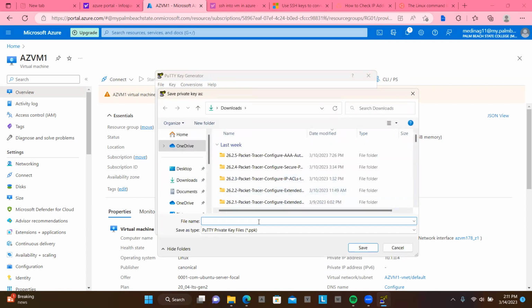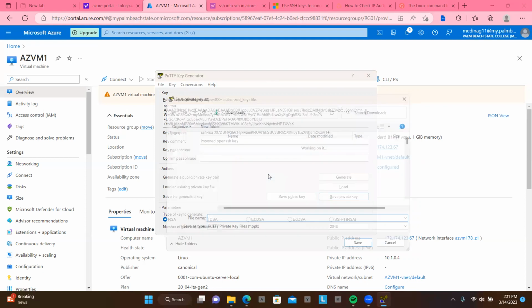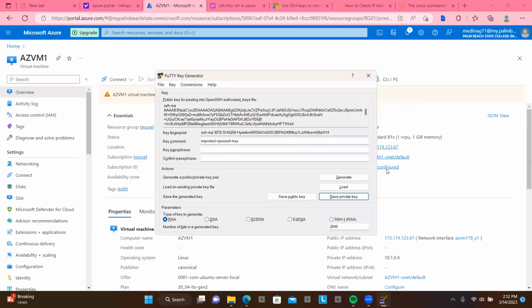Now, let me just call that SSH. Let's say I call that VM-SSH, and I can save this in the Downloads folder, right? And I hit Save again. And then, oh, just cancel. Okay, guys, so